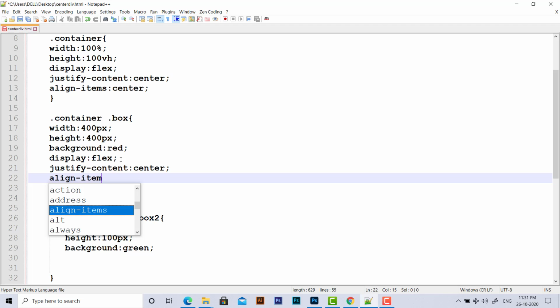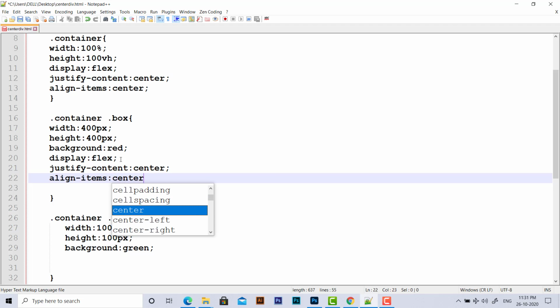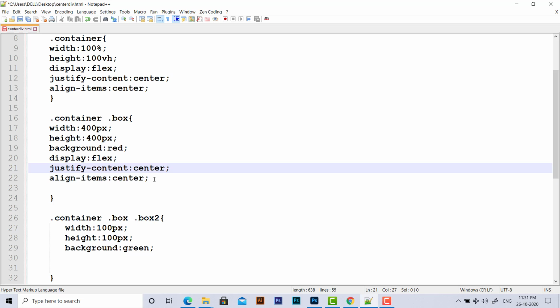So this is actually going to center the element both vertically and horizontally. Align items, remember it's not item, it's items. Okay, so that's it, and now we are going to see the output again.